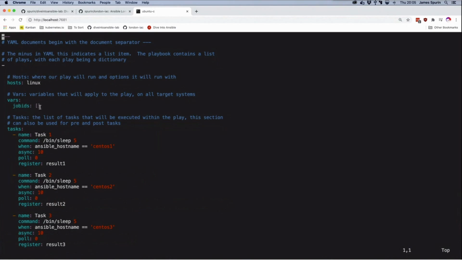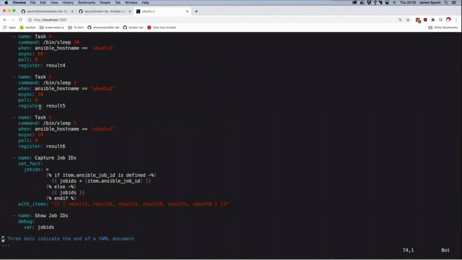And what we're doing is using that output that we showed. If it has an Ansible job ID, what it's doing is taking the current array and essentially combining the array. So it's adding this to this value. Otherwise, it's just treating job IDs as it was before. And we've got a with_items there for each of the results. So 1, 2, 3, 4, 5, 6, which tally up with each of those. So if we run this now,